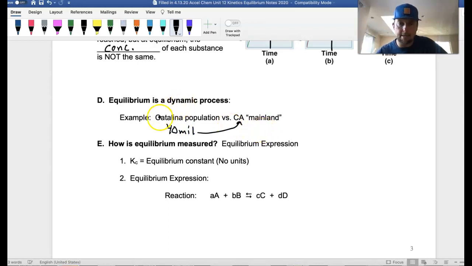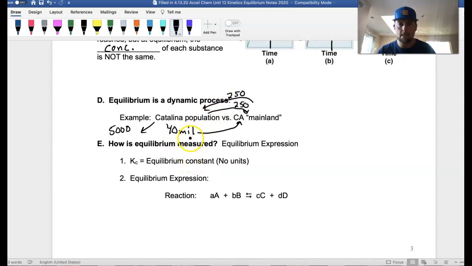And then for Catalina, we said roughly 5,000. I have no idea if that's right. But if 250 people get on a boat to go to the mainland, at some other point, maybe 250 or so will go back to Catalina to keep that 5,000 people,